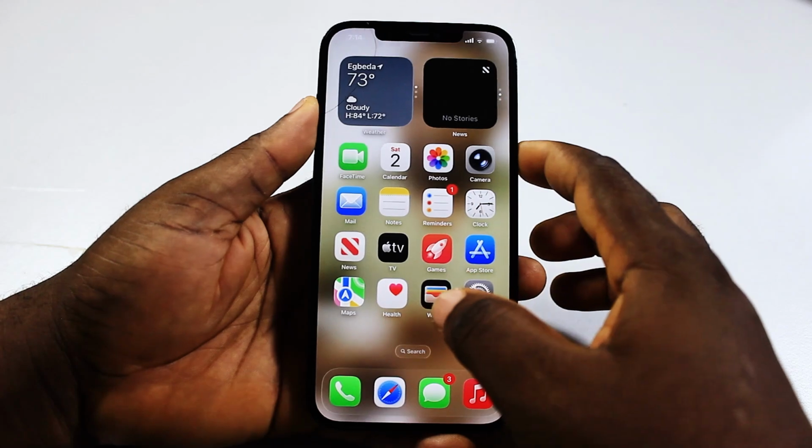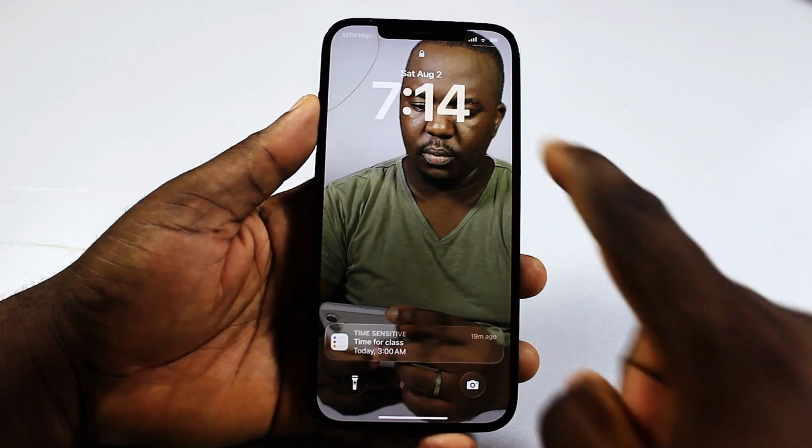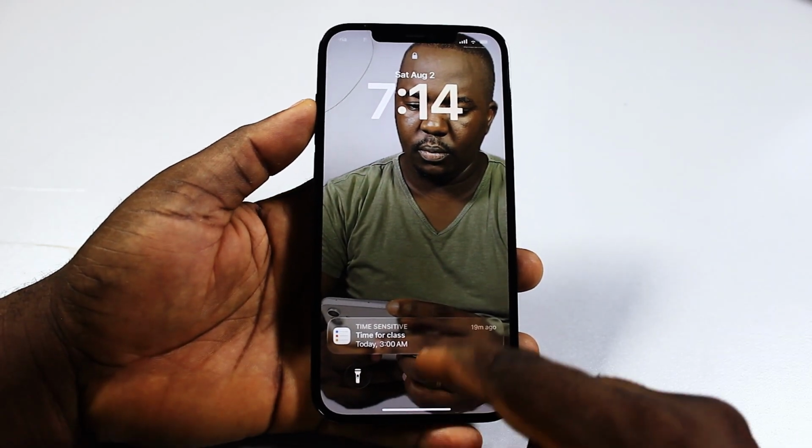Now when next your phone screen is locked, then you should see the time change from glass to solid, and